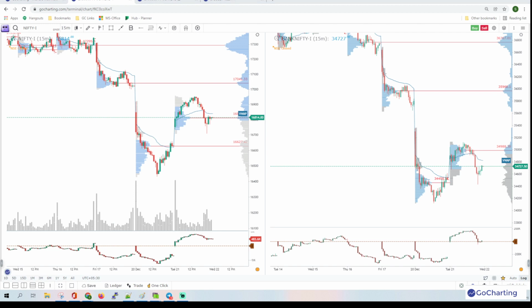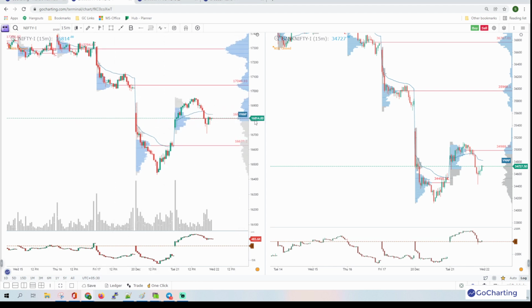So, what is the trend that we look for? Essentially, one of the easiest ways to find a trend change, like it happened, let's say, yesterday or the day before yesterday, is to see if price is within or outside the value area from the previous session. Now yesterday it opened gap down way outside, so once it failed to enter the value area, we